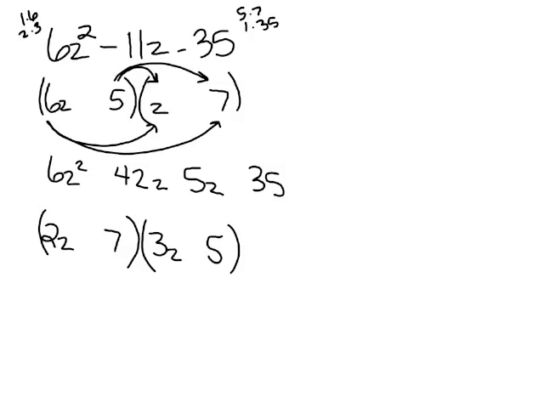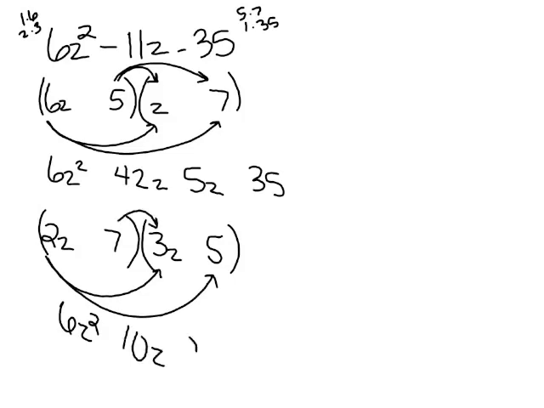Why did you do that? Because 7 times 3 is 21, and 2 times 5 is 10. So it's a possible combination to drop down to 11. Very good. Okay, so 2z times 3z, there's my 6z squared, and I'll have a 10z and a 21z